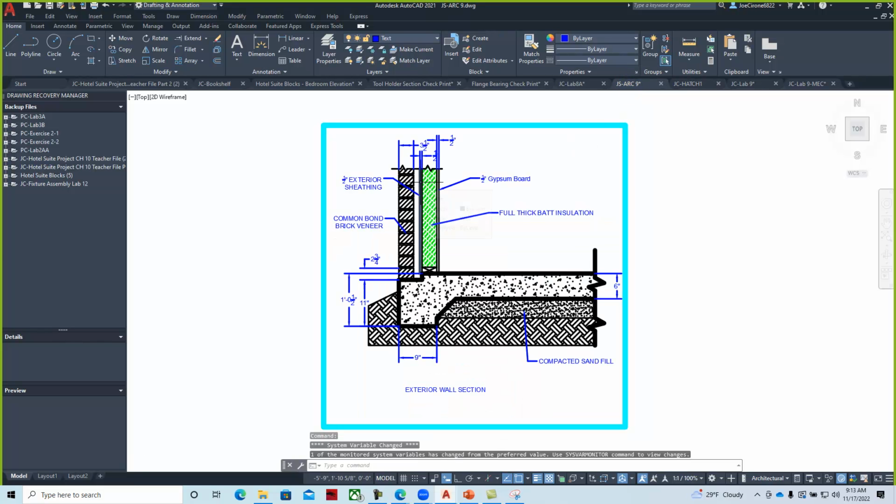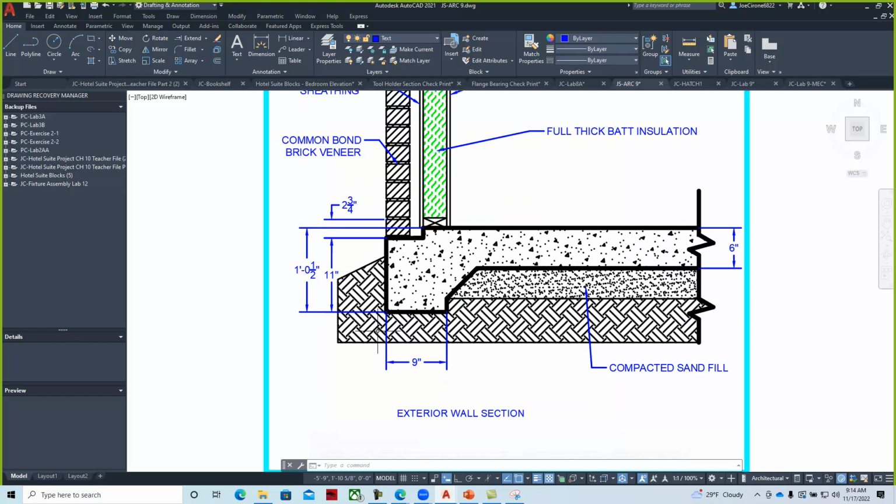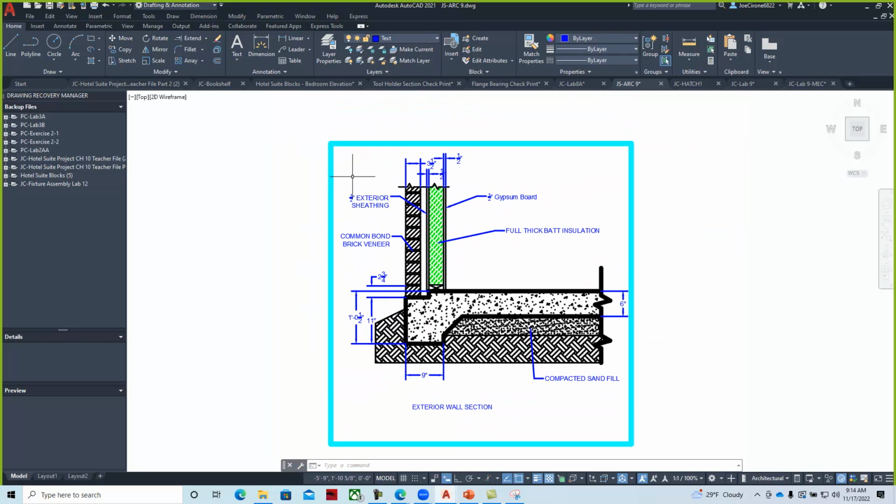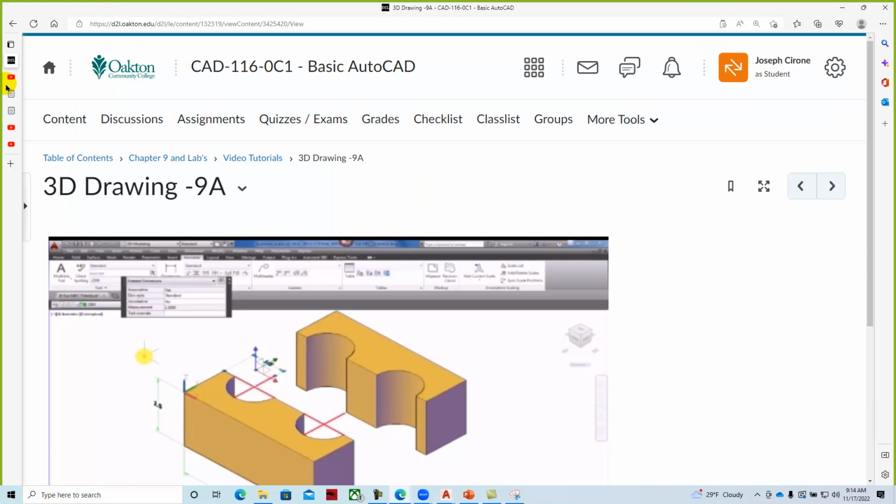So here's our architectural drawing. It doesn't have a title block. It basically is an approach of using all these different hatch patterns to be able to show things like compacted sand or concrete, insulation, and to represent architectural drawings using CAD. And then if we take a look at the textbook,